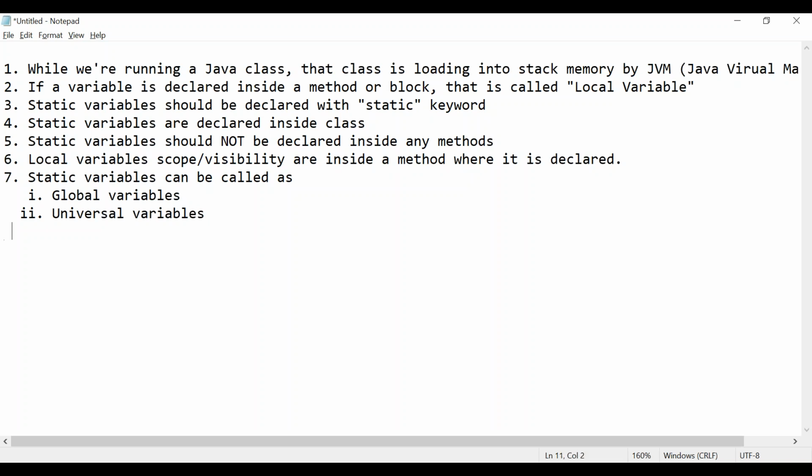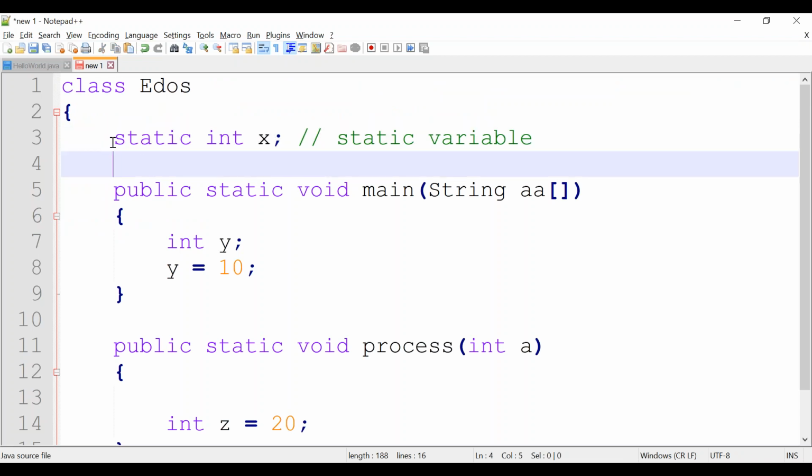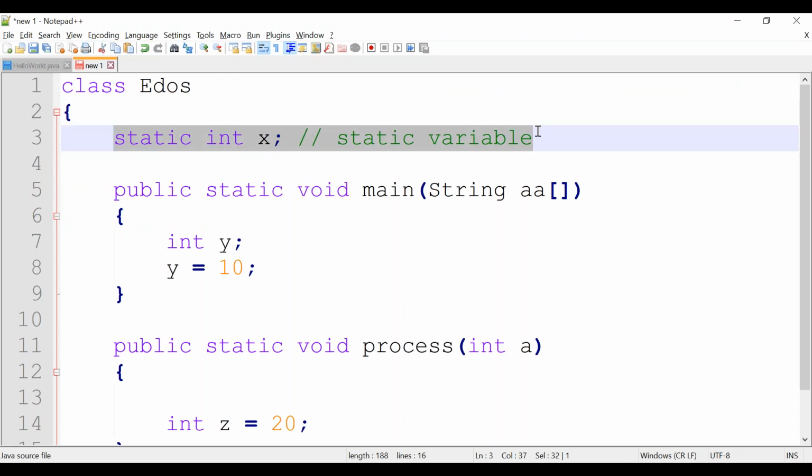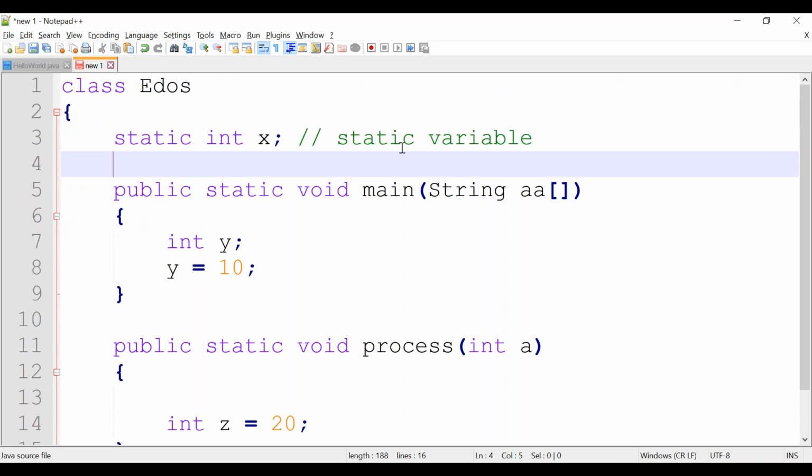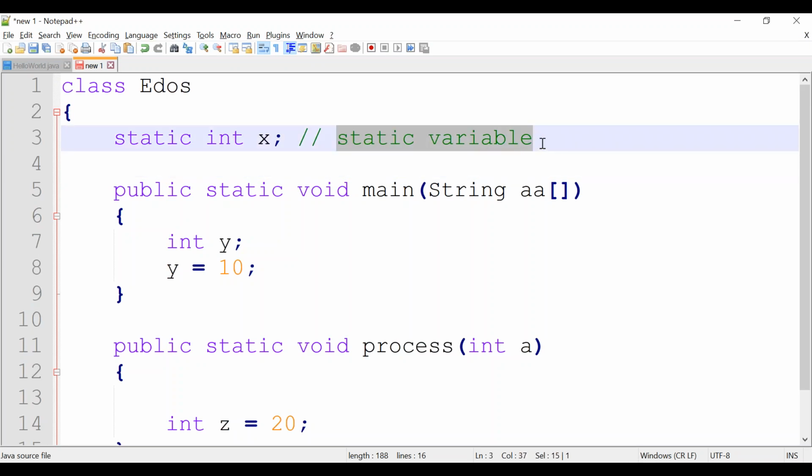These are the different names. Or third one, you can say they are class variables. Correct. They are class variables because they are declared inside the class, not declared inside any method. That's why we call it a static variable, or global variable, or universal variable.